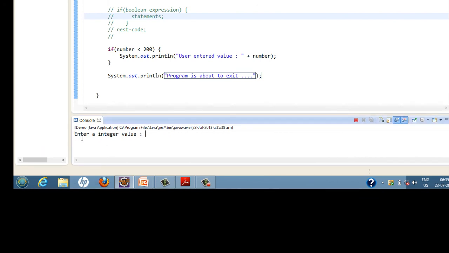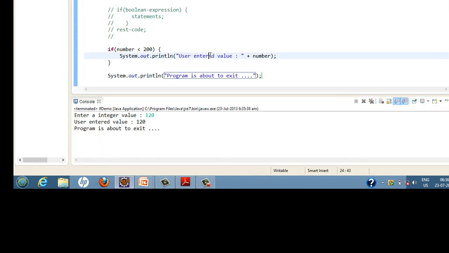here it asks us to enter an integer value. Suppose I enter a value less than 200, say 120, and I hit enter. Here it prints that the user entered value 120, and whatever we placed in the rest code, that the program is about to exit, got executed.